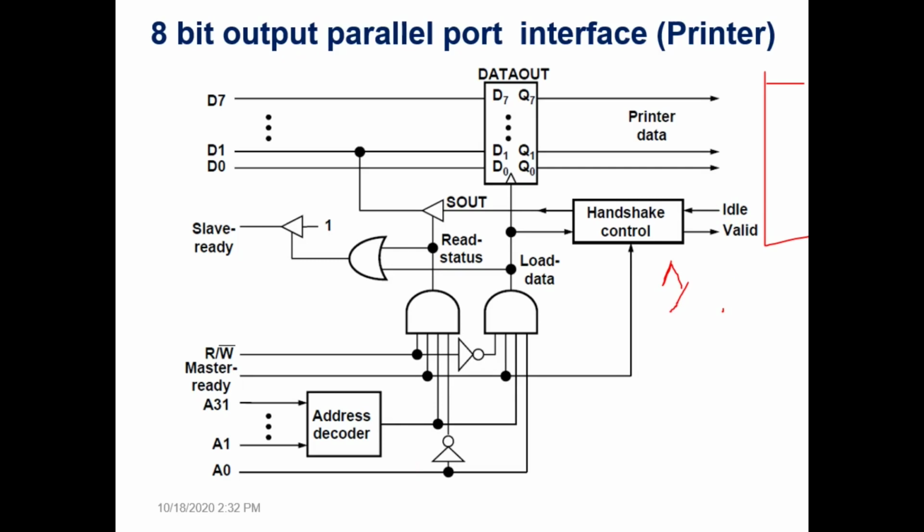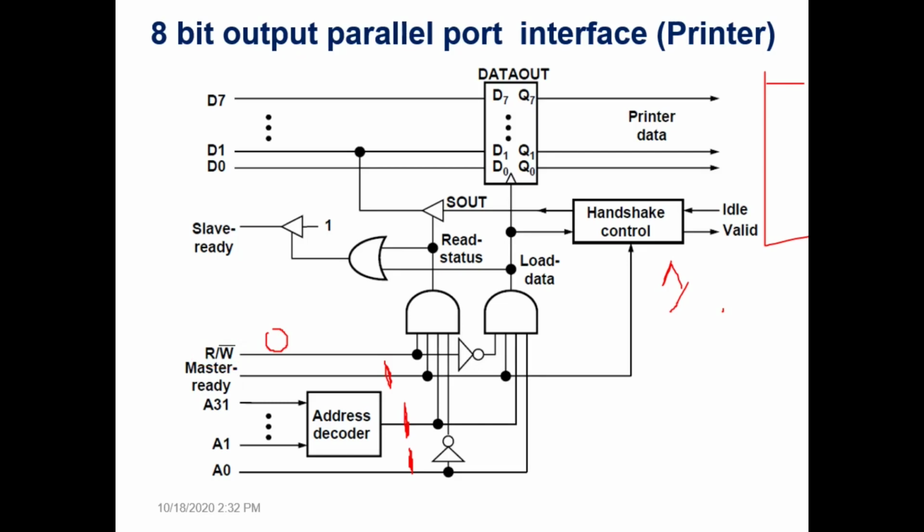Now it wants to send data to the interface circuit. So what happens here is the processor gives a write signal. That means the read/write signal is 0, which means it is a write operation. The processor wants to make a write operation to the interface circuit. So master ready is always 1 during the initiation of the transaction. Then the address decoder of this interface circuit is 1 because the processor has placed the address of the printer, and it makes A0 as 1 because it wants to send data to the interface circuit or printer.